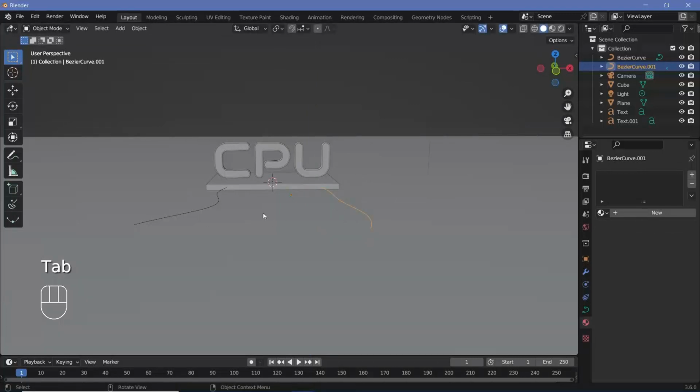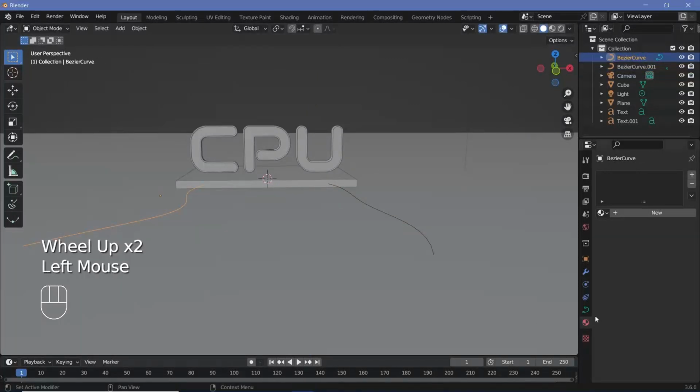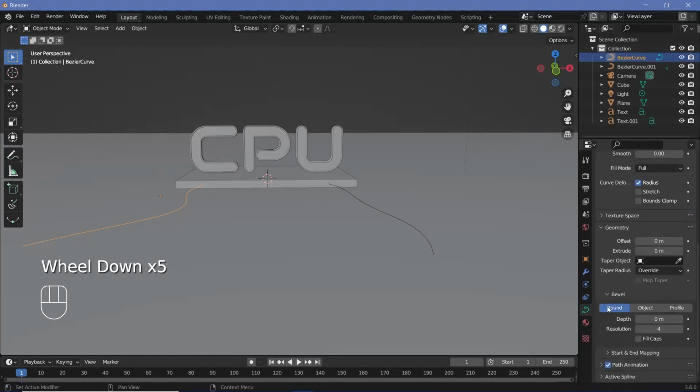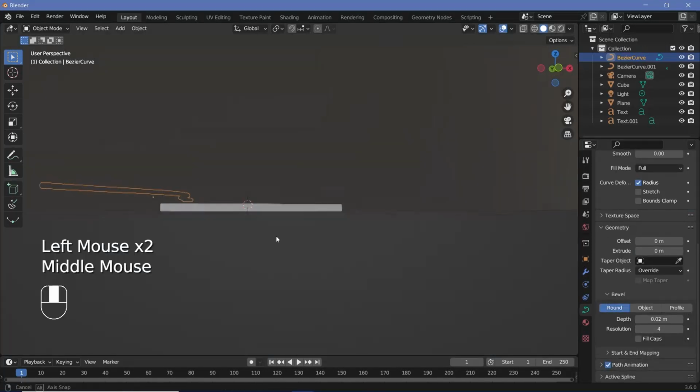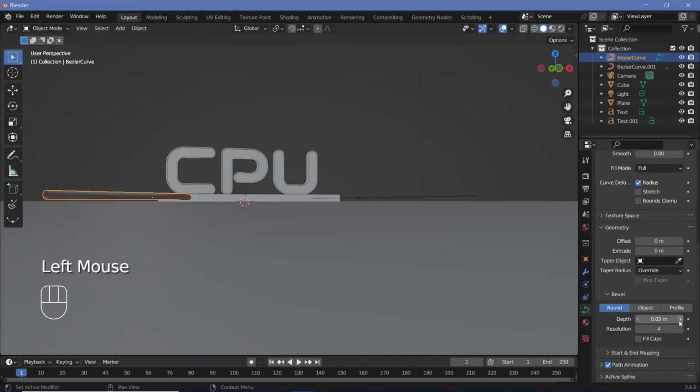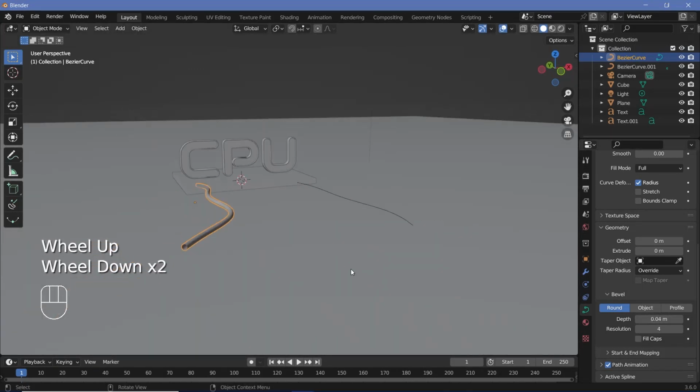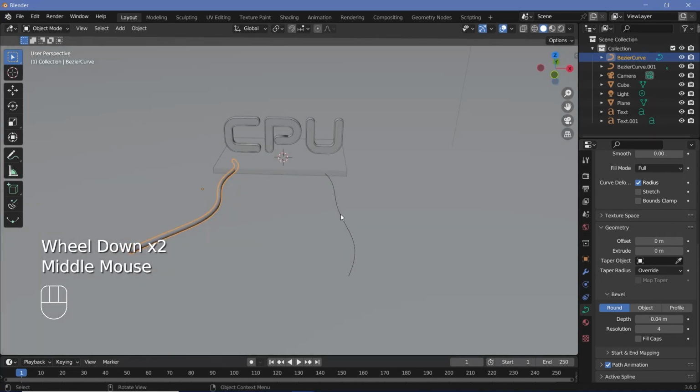So once you're happy with the placement of these curves, go to the curve properties by selecting one of them and just increasing the resolution as well, going down to the bevel tab under geometry and increasing the depth to some value that you're happy with. And in my case, I'm going to go till it becomes roughly the size of the base. So I think 0.04 is what I'm going to go with,